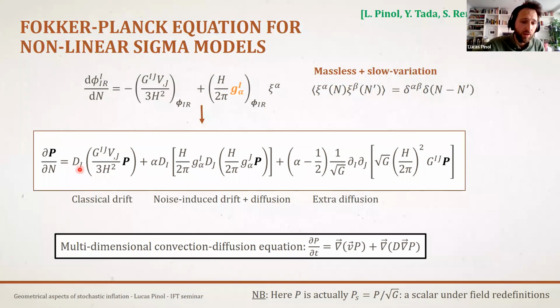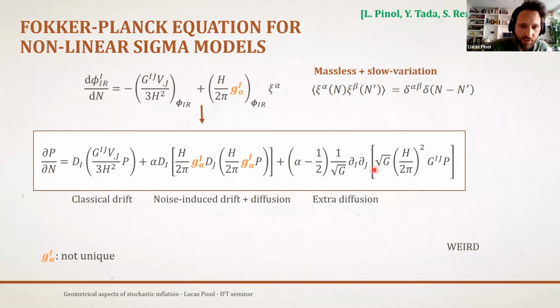You have still single derivatives as well as double derivatives. The single derivatives are still quantifying the drift in your system, and the double derivatives are still measuring the diffusion of your system. We will see that there are still some weird features in this equation. So first, you see that the choice of the vielbeins, g, so the square root matrix of the noise amplitude, seems to be important because they don't disappear from the result here. So you see that different choices give different results. That's a bit weird.